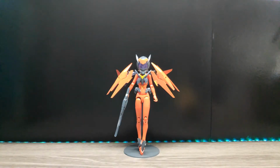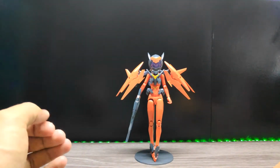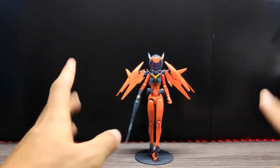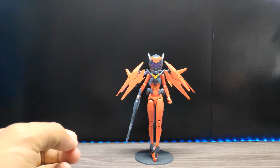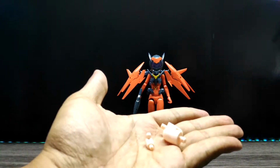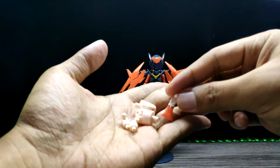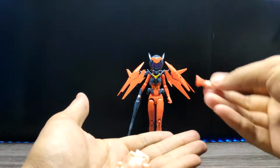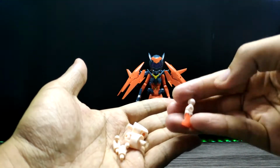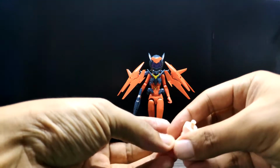This is her now in full bodysuit in orange theme with the backpack and everything. Parts that also come with her: this body parts here, which swap from this full bodysuit to her normal look. We have these ties and also the